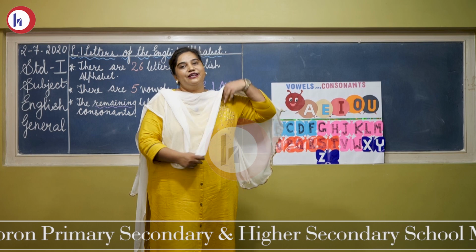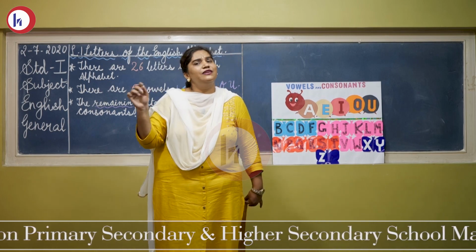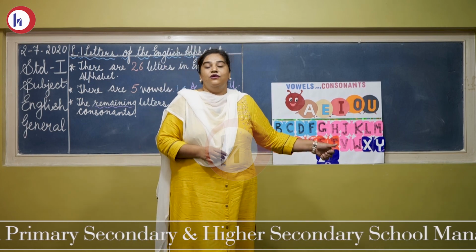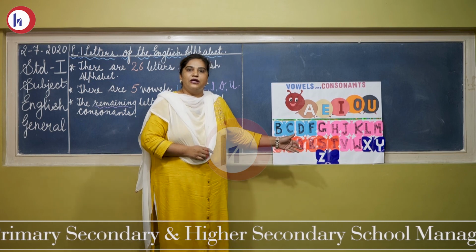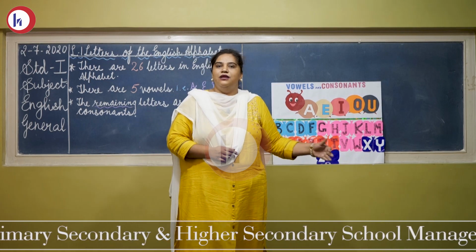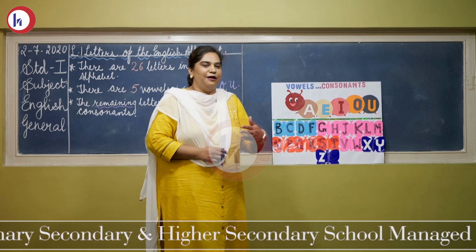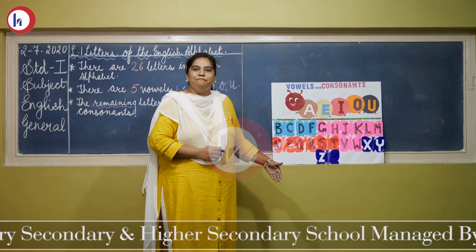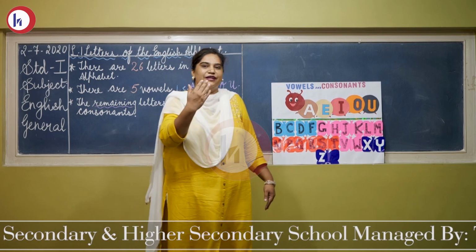So dear students, try that. Try writing your name. Just see how many vowels are coming in it from A, E, I, O, U. Now, the remaining letters are called consonants. Why? Because when we speak them, our mouth is fairly closed. You can try some. Come on, try B, C, D. So dear students, you can try all of them.